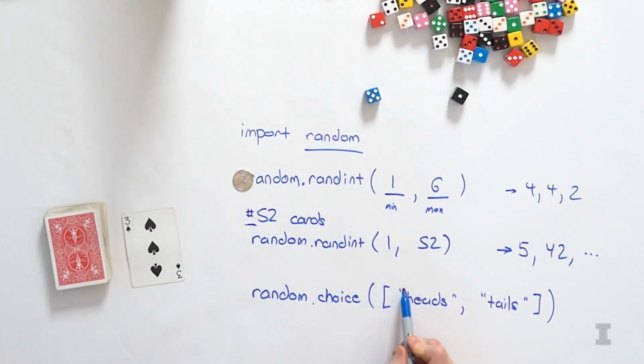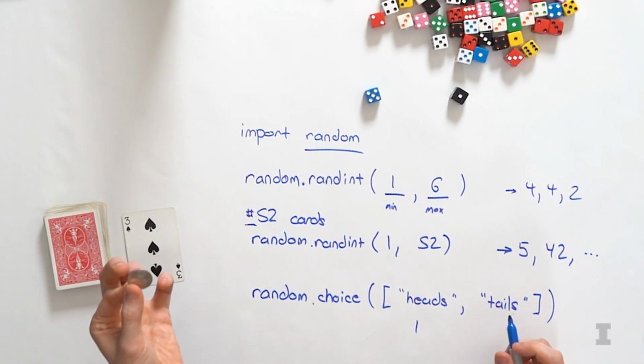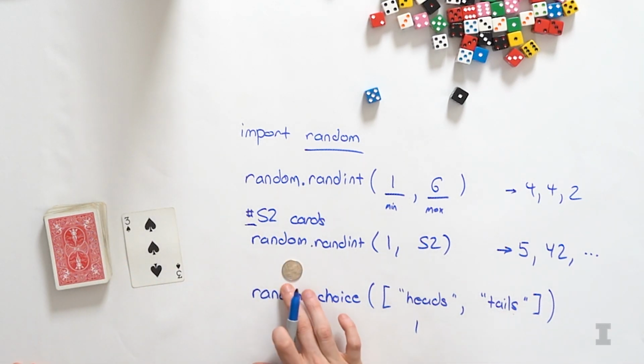So if I do random.choice, open parentheses, square bracket, heads, comma, tails, close square bracket. Interesting. It returns heads, but in single quotes. That's an interesting feature. Even though Carly used double quotes here, as we mentioned earlier in the series, in Python you can use either single quotes or double quotes. Right, and Python is choosing to show it as single quotes. Yes. The first time you ran this, you got the heads result, as though you flipped this coin virtually and landed on heads.